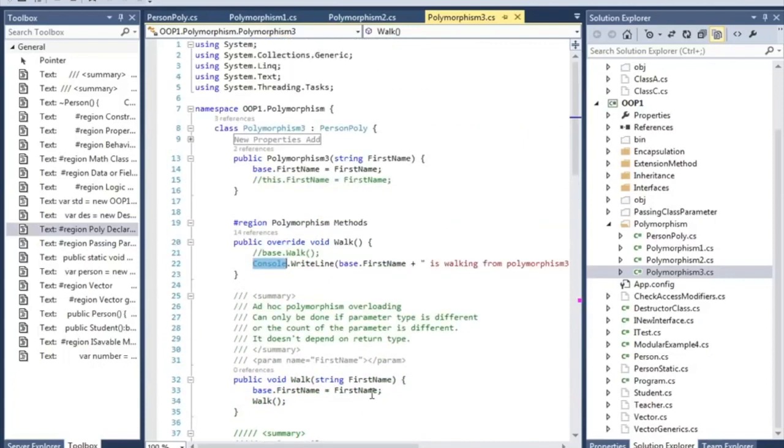Overriding is a type of polymorphism. It's really called static polymorphism, or sometimes ad hoc polymorphism. But if you're asked in an interview what polymorphism is, and you say override, they will judge you that you are wrong.